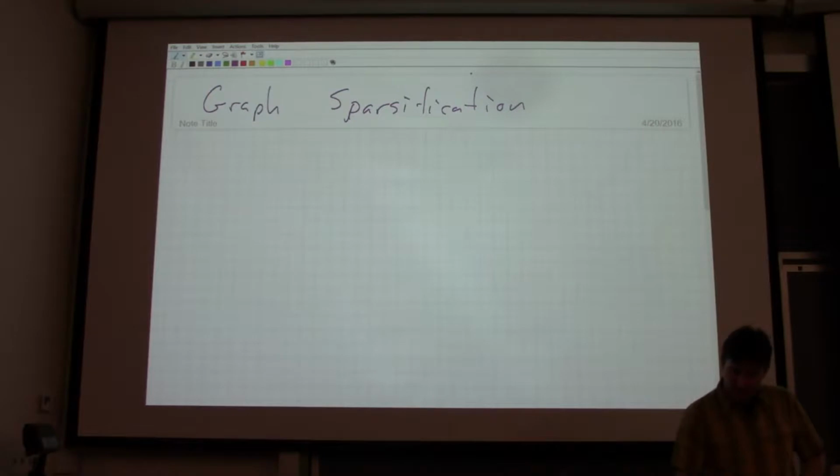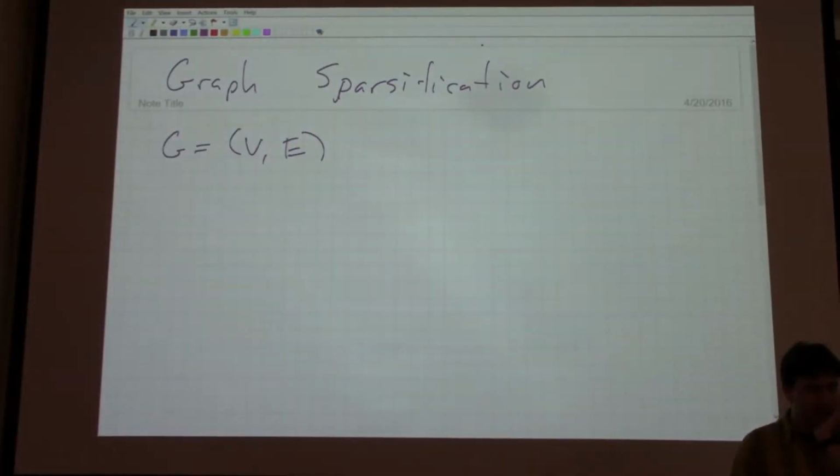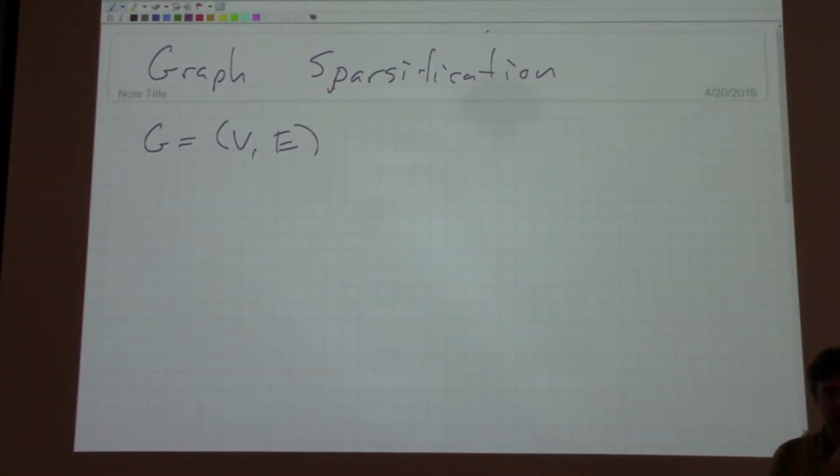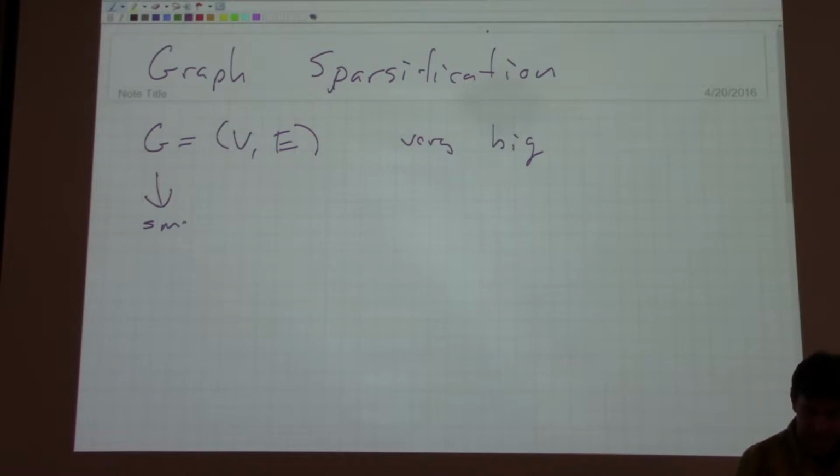Again, we have some input graph, which is the vertices and the edges, and the goal is to say, well, these graphs can be very big, and they can be a pain to deal with because of their size. What we'd like is a smaller G prime that basically